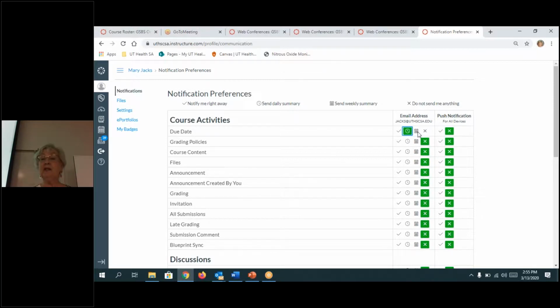I want to know maybe once a week that there have been changes, or I'm not involved in this course right now, so I'll take it upon myself to go look. And if the student's not receiving a notification, then this is their setting. They've set this up so that they're going to be responsible to go look. Otherwise they should get a notification.